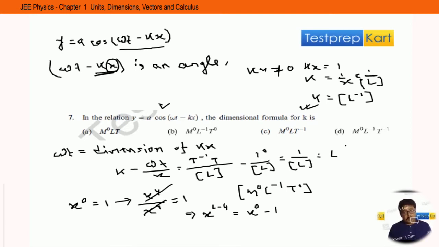So the L to the power negative 1. So what will be the answer? The first one, M to the power naught L T, it is absolutely wrong. M to the power naught, L to the power negative 1, and T to the power naught, it is absolutely correct. M to the power naught, L, T to the power negative 1, it is also not. It is also not. Correct answer is